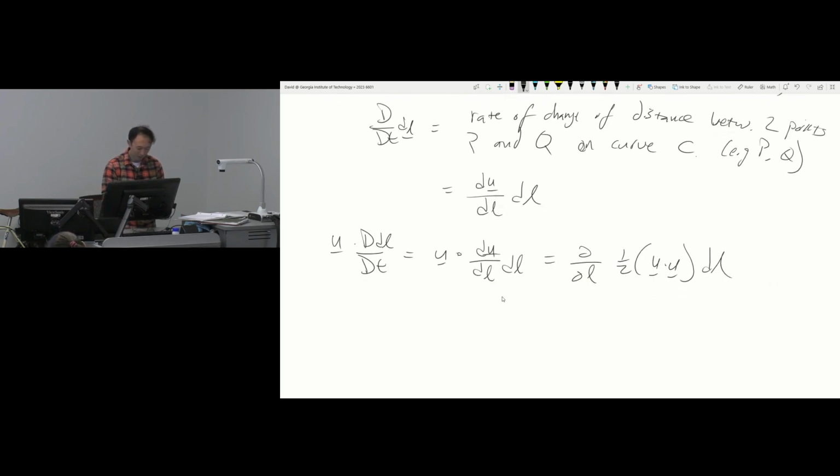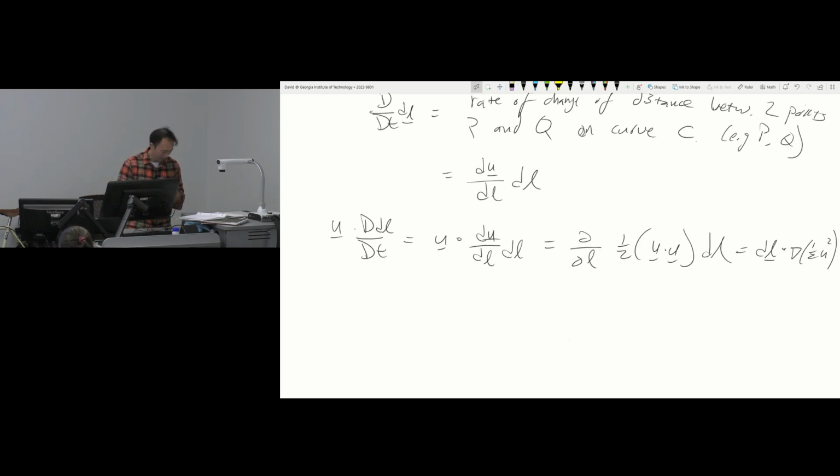And I can rewrite that as how much 1/2 U squared is changing, dotted with the dl component. So putting this together,